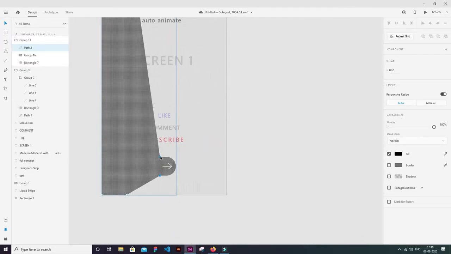Now double click on this, hold Alt to move only one arm, and then move it. Then hold Alt and move this arm. Do the same with this one. Hold Alt, move this. Hold Alt and move this.